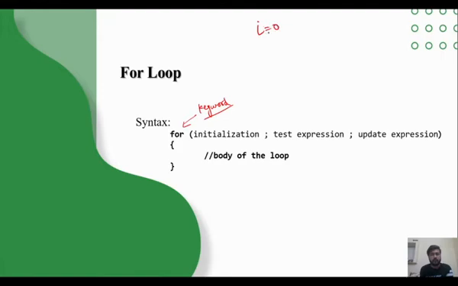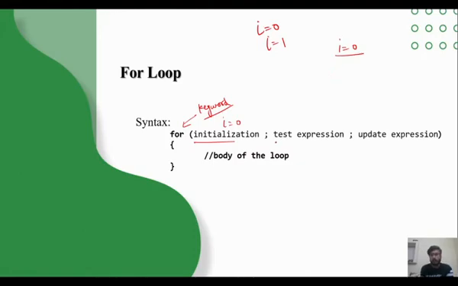For example, i equals 0 or i equals 1, or anything that you want to give the value to i. Here is the initialization part. i equals 0. That is, first we have initialized i as 0. Then is the test expression. Here we check the condition that we give to the for loop, like how many times you want the loop